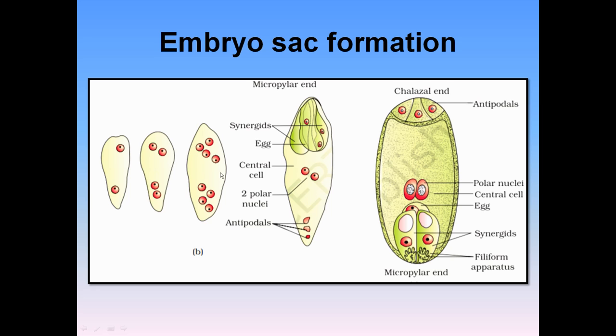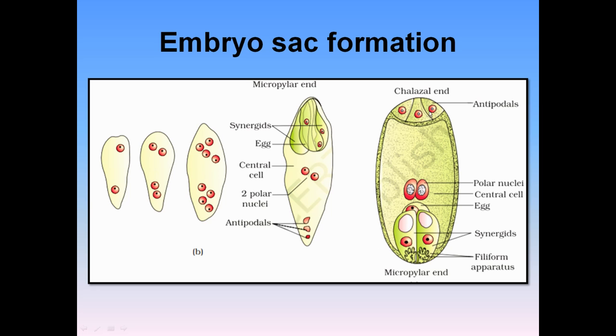After the 8-nucleate stage, you can see cell wall formation is going to start at the micropylar end, then at the antipodal end, and finally at the central part. You can see the micropylar end is flipped over here, for convenience, so you can understand it very well. It is present in the NCERT, so you have to go through the diagram twice, because the position is flipped. Here is the micropylar end and this is flipped. In the very next diagram, it is the basal part of the embryo sac, the final embryo sac diagram.